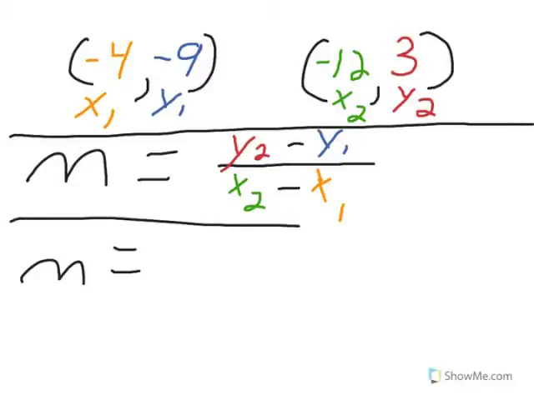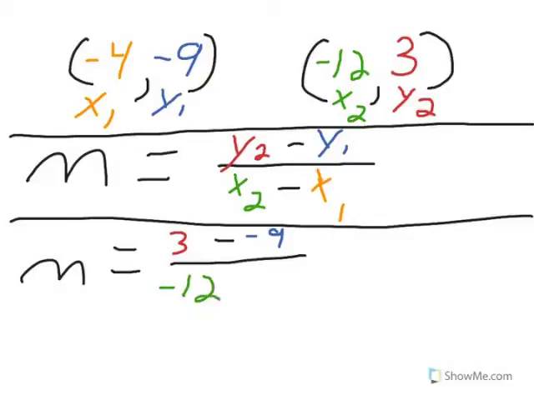M equals, draw our line again. Okay, y2 is going to be 3 minus y1 is negative 9. There we go. And I'm going to fix it. Yeah, that looks way better. And then we have x2, which is going to be negative 12 minus x1, which is negative